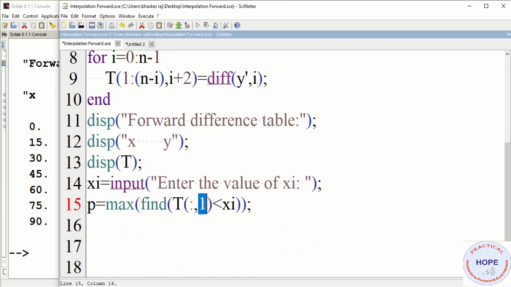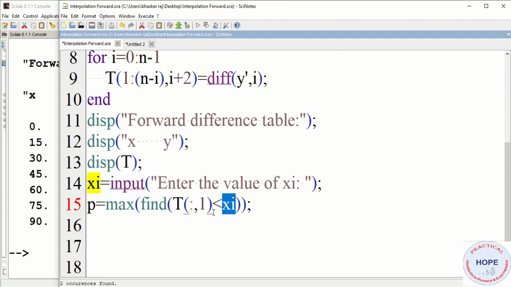We are using all the rows and first column. First column of t are the values of x. So out of those values, we'll calculate the index of those numbers or values which are less than xi.